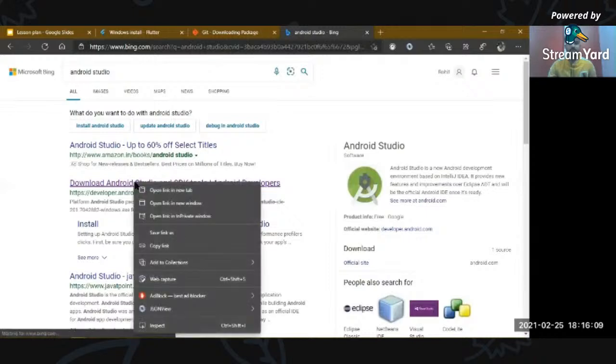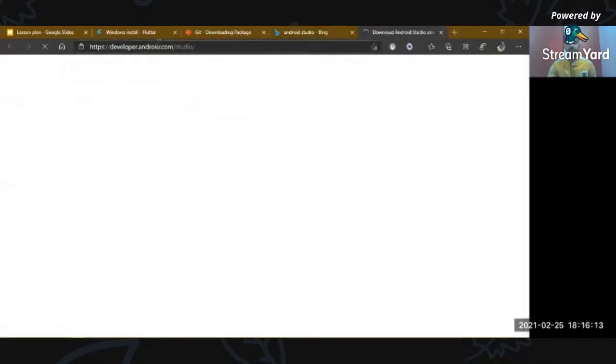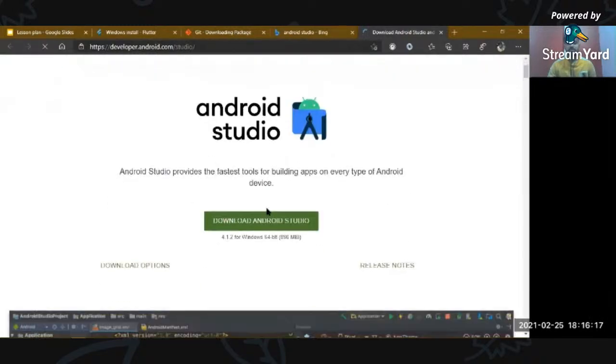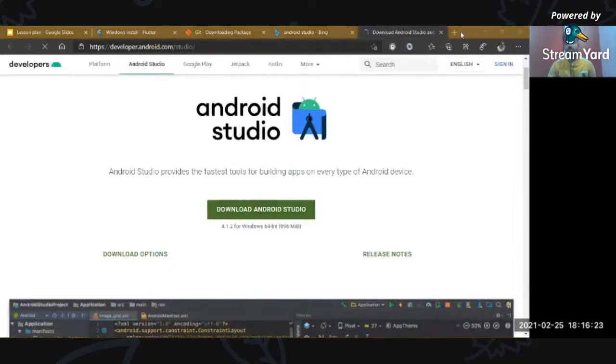For that, you have to download Android Studio from the Android developer website. Let me check if it's visible to you. Yeah. On the Android Studio website, you download Android Studio by clicking on this green button.